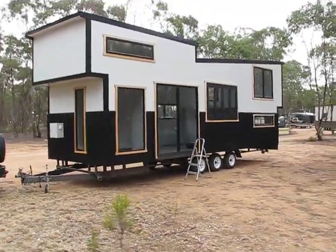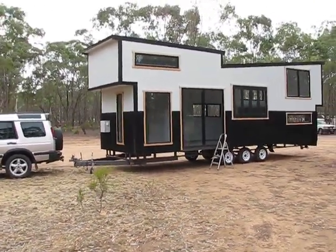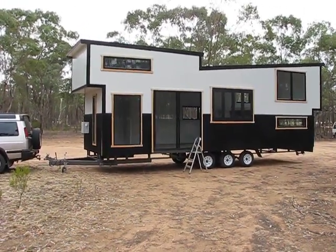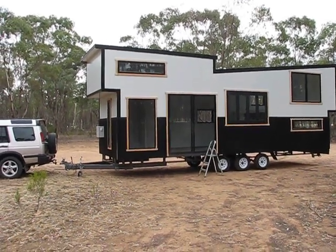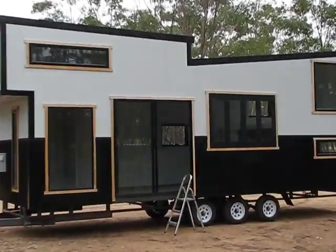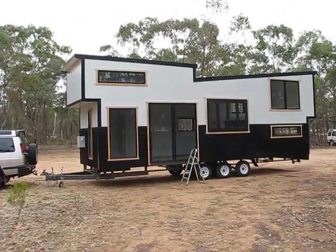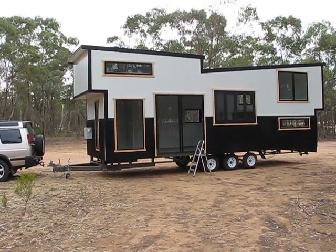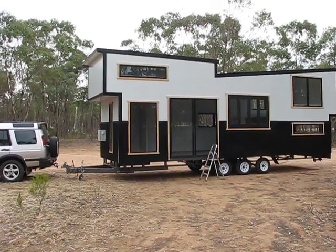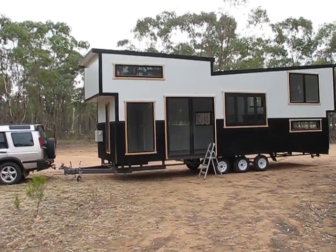Lovingly called the Batmobile only because of the roof line, but such a nice looking tiny. I mean, the video won't do it justice, as the video doesn't do many of them justice, but we just love this unit. She's lovely. I'm not going to put a figure on it. It was a custom build, custom windows. Like I said, that kitchen window, which is a lovely bifold, great mechanisms on it, good quality bifold, that one. And the electrical fit off, and the sheer size, the 2.8, the 10 metres from loft to loft. She's a unique build. It was around about the 40 something thousand dollar mark, which is not too bad really,